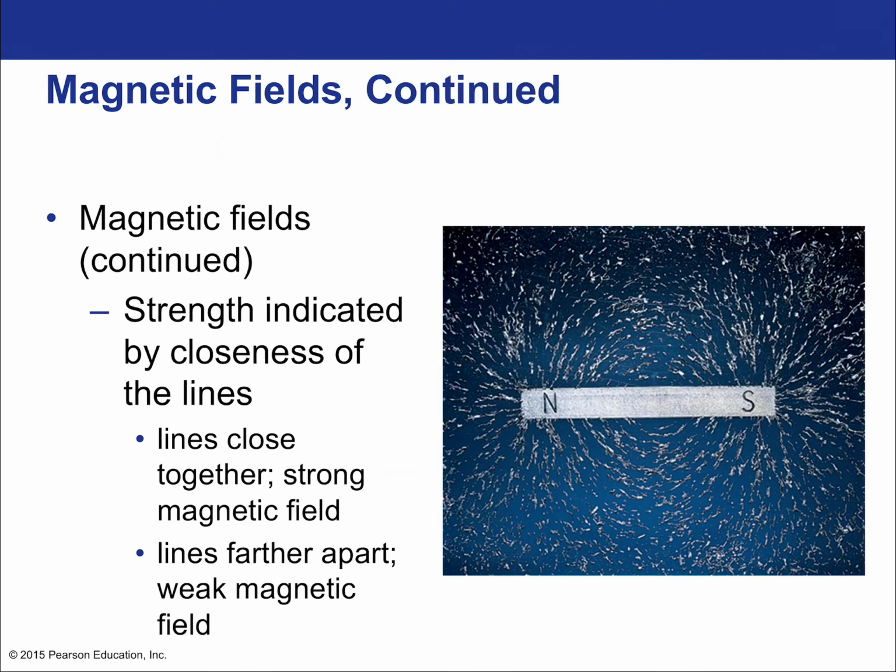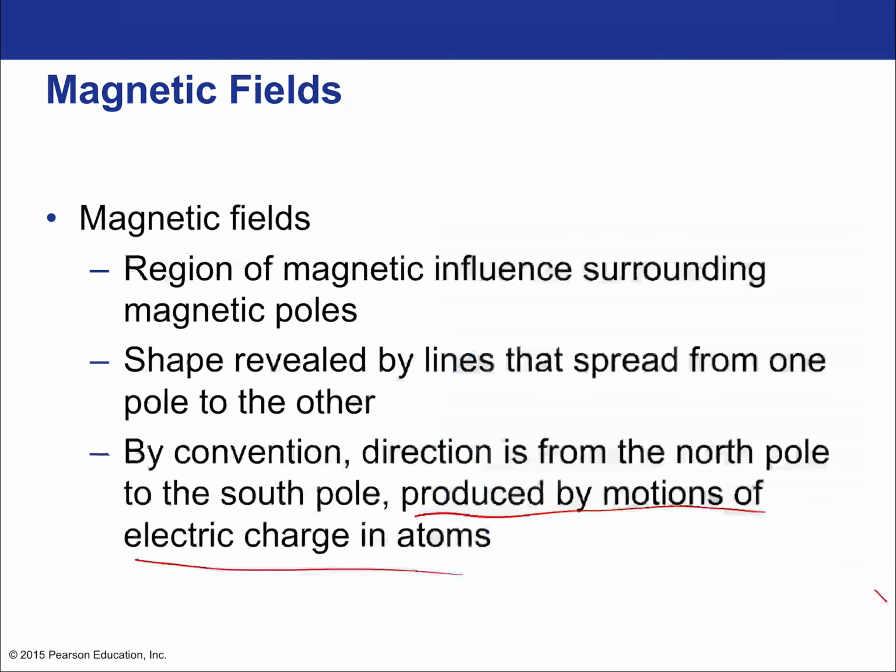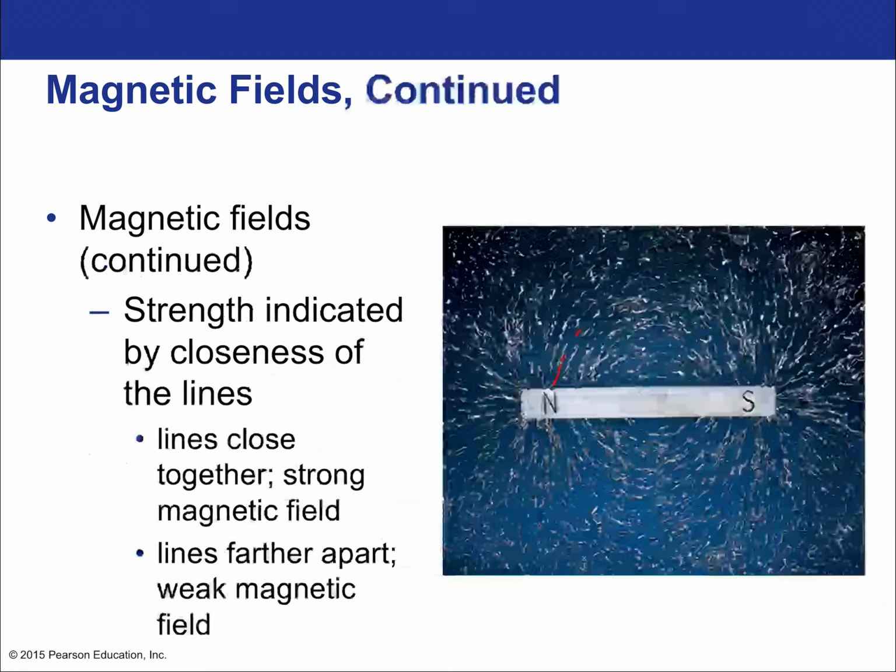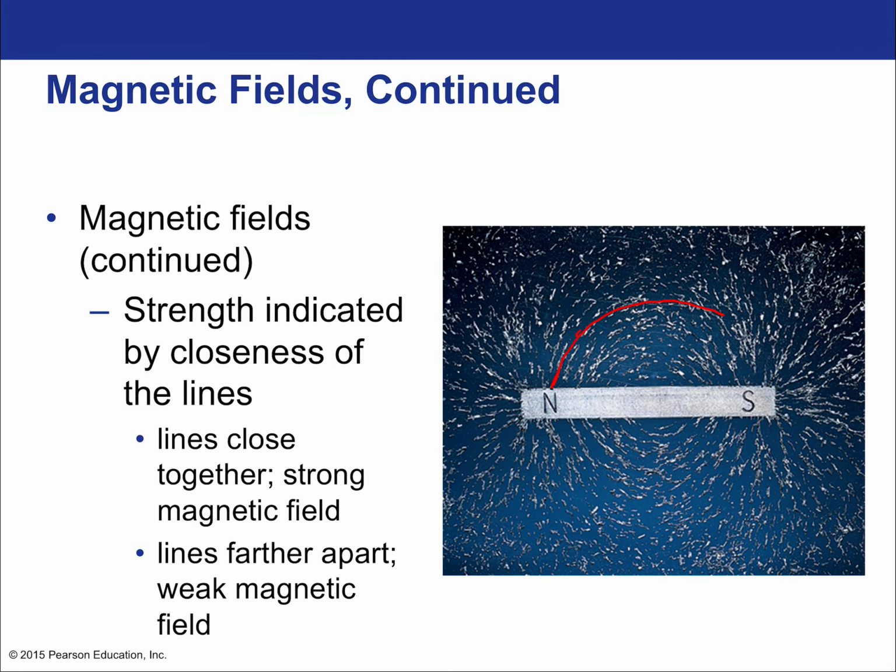All right, here's a popular picture with the idea of putting iron filings and having those iron filings show the direction of the magnetic field. The direction of the magnetic field would be something like this. See, these are the field lines, all pointing to the south. You can imagine some coming around this way.